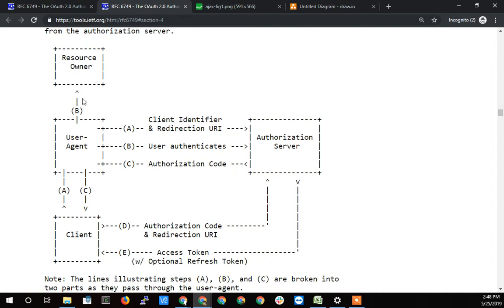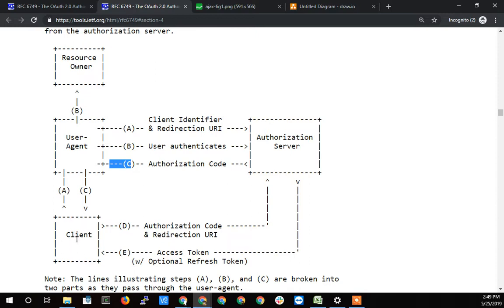The resource owner is, through the user agent, directed to the authorization server. They are authenticated and do their authorization stuff, and then that code, this authorization, comes back to the user agent. Remember, this user agent is not secure. So they've got some piece of information. This code contains the authorization grant, but it's insecure at this point. So the user agent is going to pass that authorization code to the client,